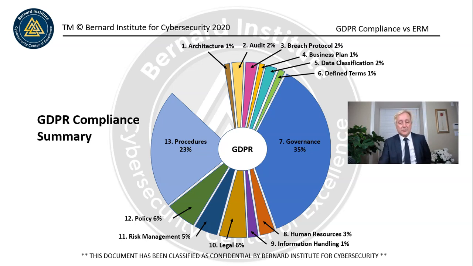And if there are opportunities for improvement, because we like to take a quality management approach to everything that we do at the Barnard Institute of Cybersecurity, that's important. If you want to be a center of excellence, you have to think about quality all the time. So there's always opportunities for improvement whenever you execute any of these activities. There should be some kind of a feedback loop, and we should ask ourselves, how can we do this better? If we don't do it out loud, we should think about it and maybe present something, maybe we can do this better. And procedures are definitely one of those key points.